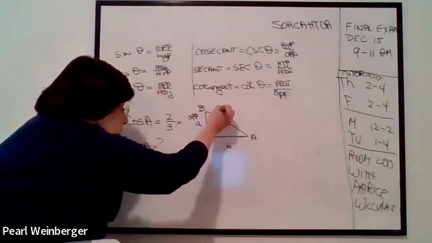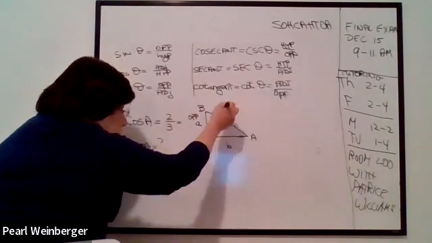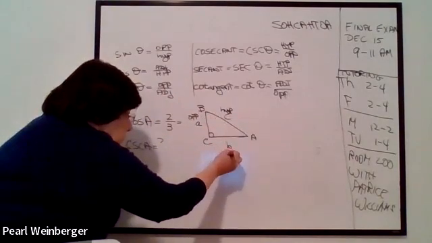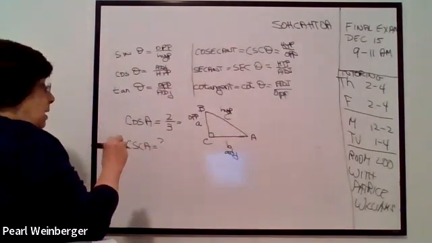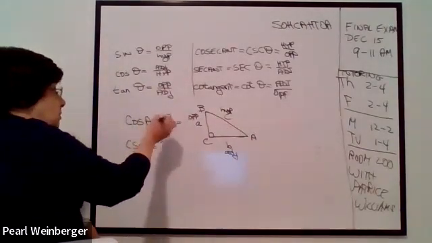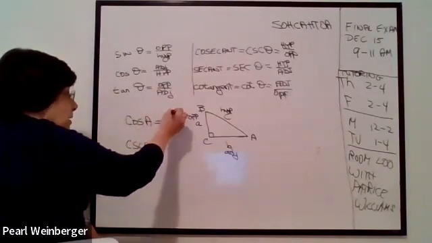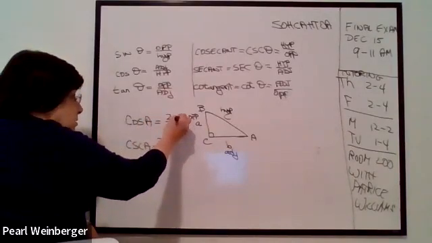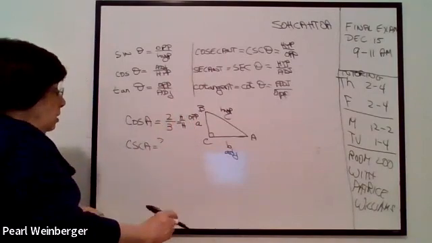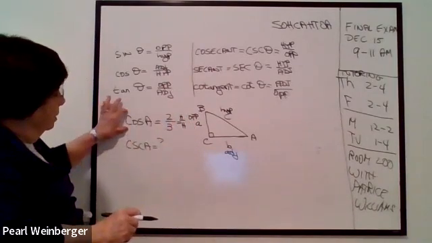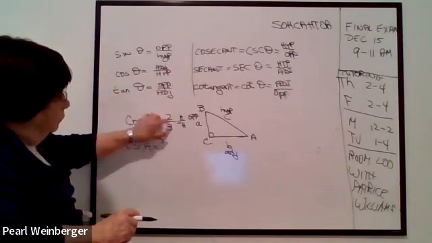Opposite, hypotenuse, it's across from the right angle, and this is adjacent because it's next to the angle A. And we know that the cosine is adjacent over hypotenuse. So if they tell me the cosine of A is 2/3,